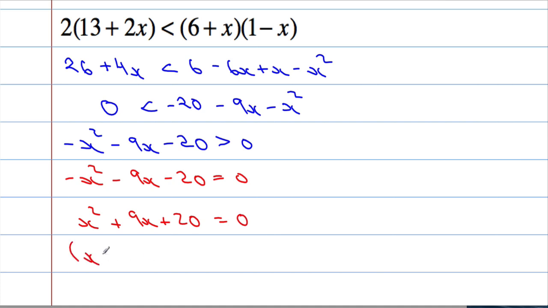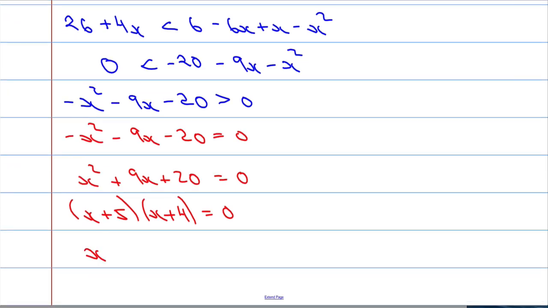Factorising here should be straightforward. x plus 5 and x plus 4 equal to 0, which means that x must be equal to -5 and x must be equal to -4. Okay,